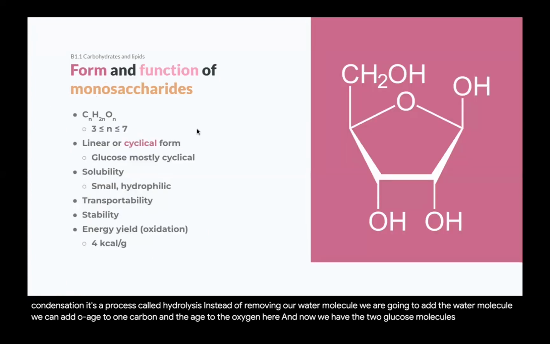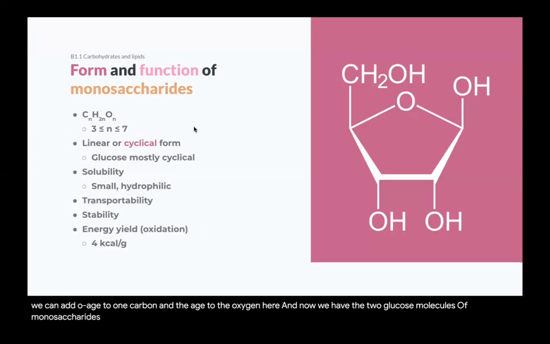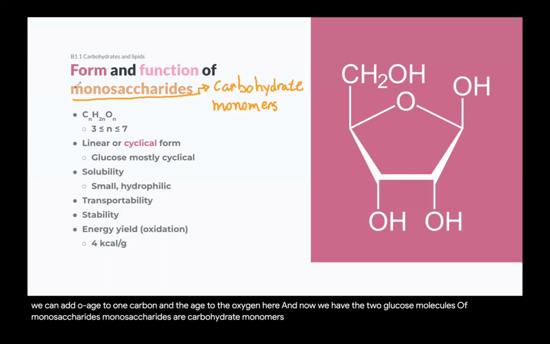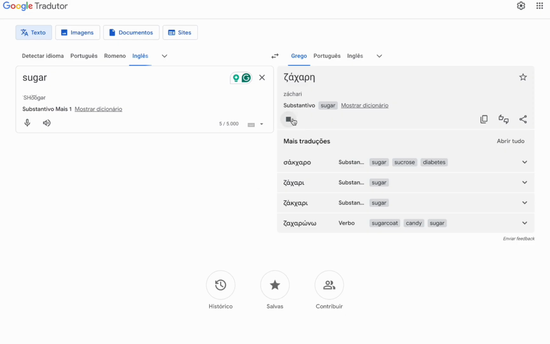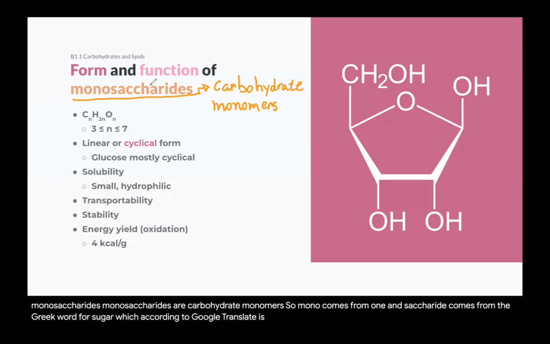Form and function of monosaccharides. Monosaccharides are carbohydrate monomers. So mono comes from one, and saccharide comes from the Greek word for sugar, which according to Google Translate is Zachary. So monosaccharides, one sugar. They usually follow this formula